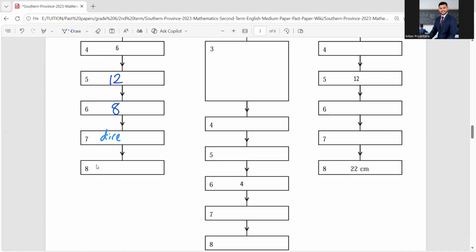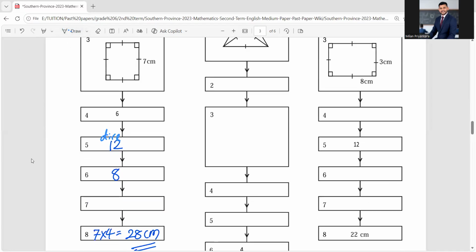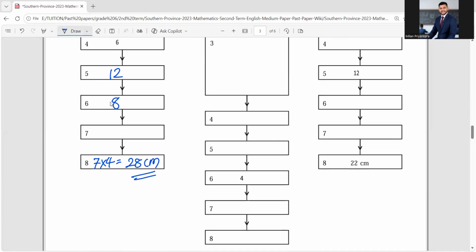Therefore, 7 multiplied by 4, which is equal to 28 centimeters. Now, this is the proper perimeter of one face, right? Okay, and then